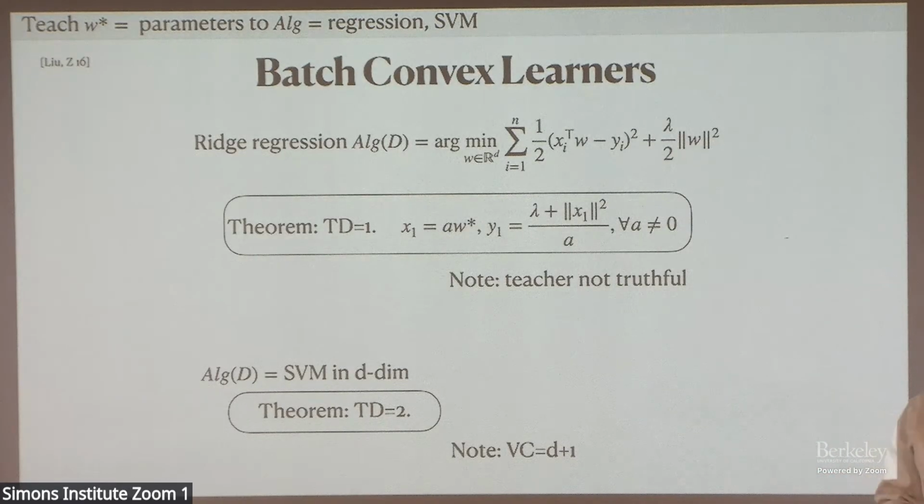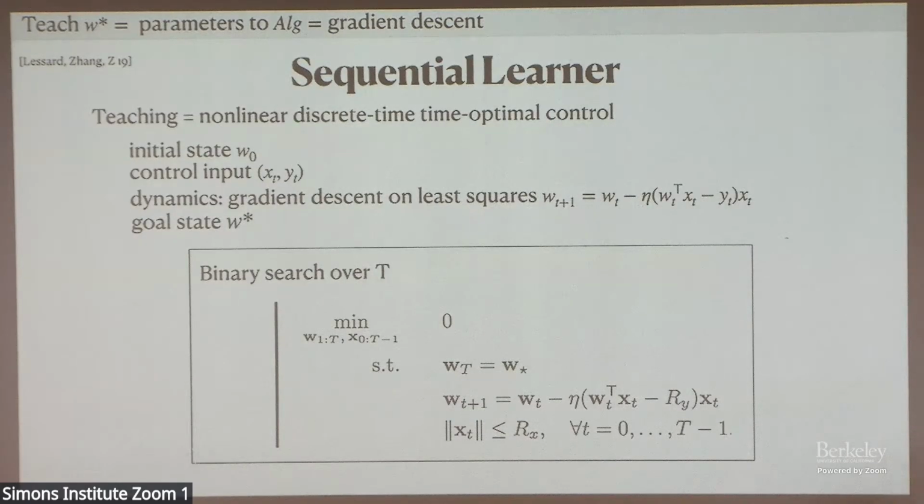It's different from the learning perspective. And I like this way of thinking of teaching as controlling what the final decision boundary will be. It will come up more prominently if we think of the learner now as a sequential learner. So different than previously, now the learner does not receive a whole teaching set or training set all at once. For example, we can think of the learner as doing gradient descent on input x_t, y_t, one at a time.